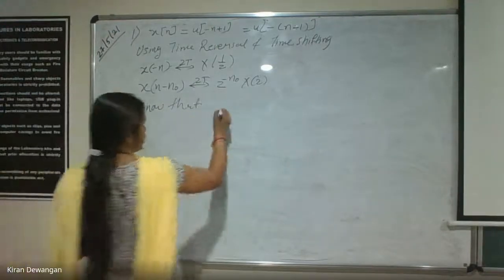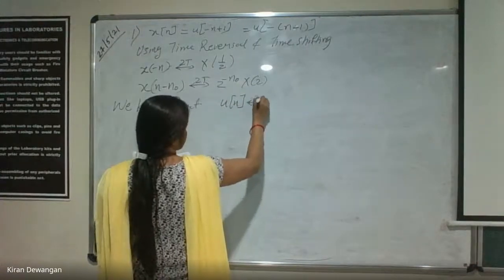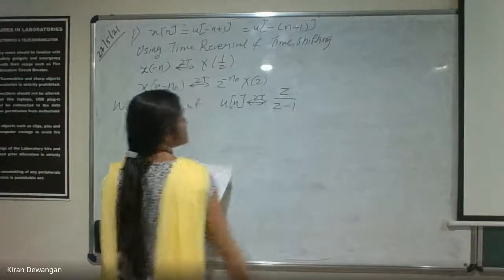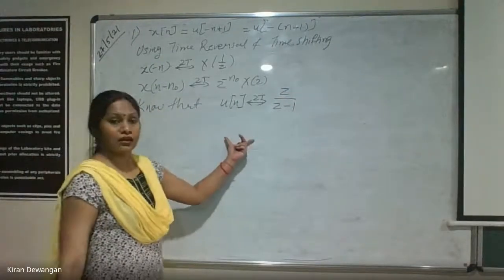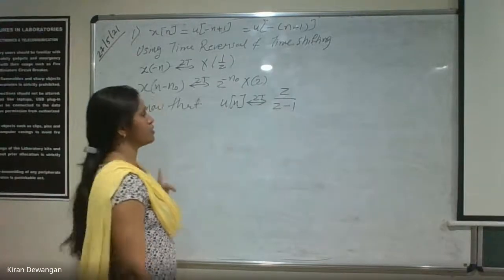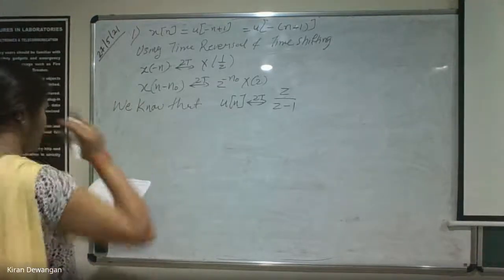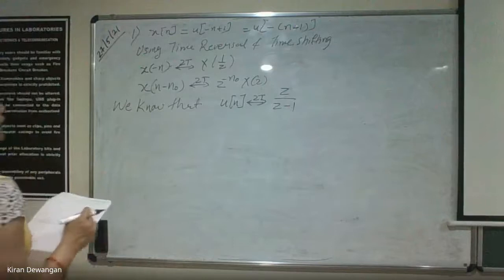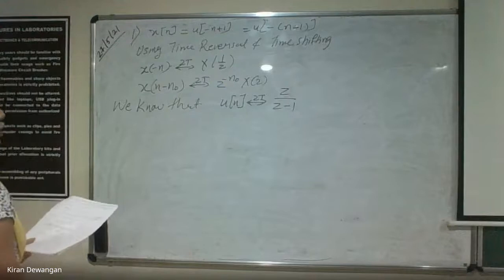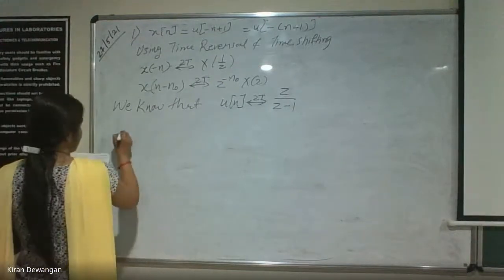We know that u of n has z transform z by z minus 1. This we have already obtained in previous lectures. U of n has z transform z by z minus 1. Now in this, first of all we'll apply time shifting. ठीक है, हम इसमें time shifting apply करेंगे. Then we will apply both of these together, that is, time reversal also and time shifting also. ठीक है, so if I am taking, hence,